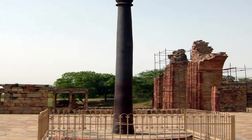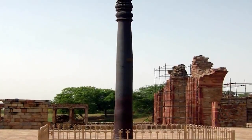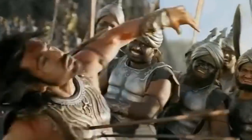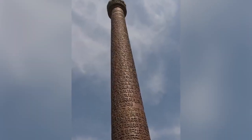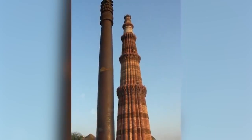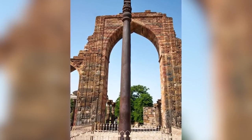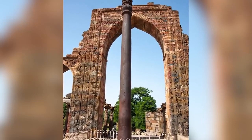There are two ways to interpret the Iron Pillar of Delhi, which is sometimes called the Ashoki Pillar. Either the ancient Indians had knowledge of an advanced form of rust-proofing that they only ever used once, or they invented rust-proofing by accident and were never able to replicate the accident after they built the pillar. The 22-foot-tall pillar is around 1,500 years old, and yet it hasn't weathered or rusted in all the centuries it's